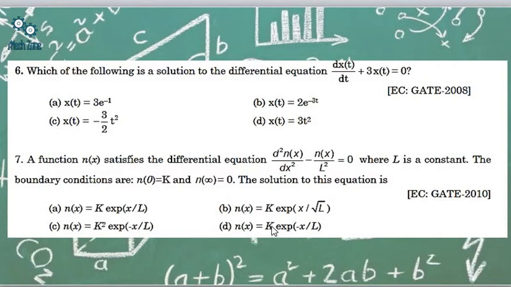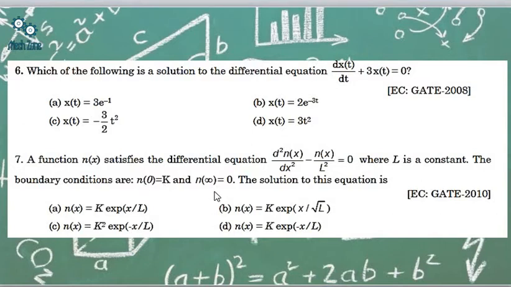So corresponding to plus 1 upon L and minus 1 upon L, the solution we can write is n is equal to c1 e to the power minus x upon L plus c2 e to the power x upon L. Okay, so this will be our complementary function. Now in this complementary function we will keep the boundary values that for x is equal to 0,